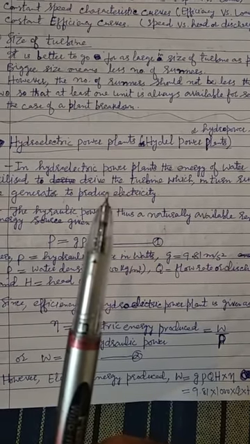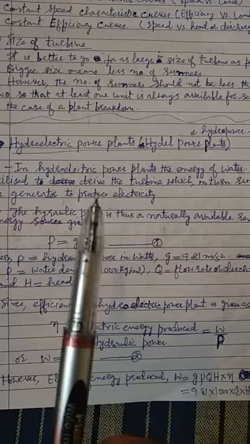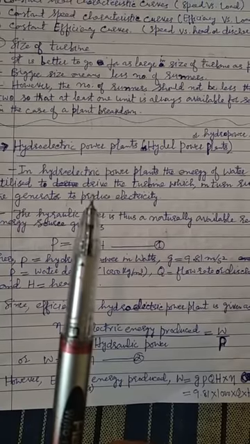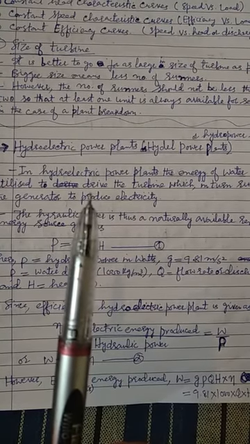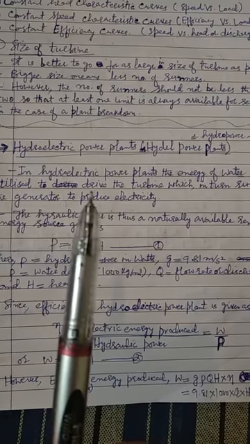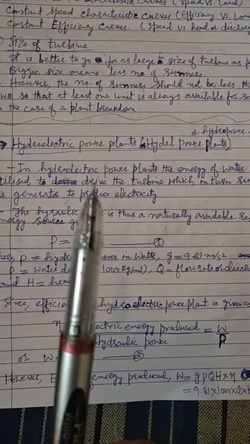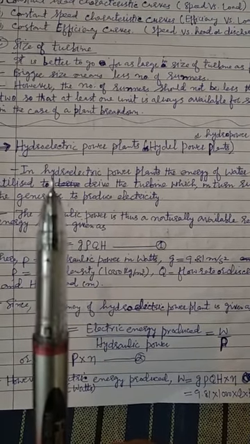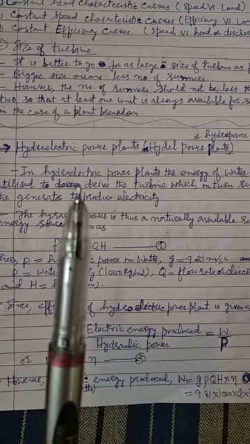Now, what is the principle of operation of hydroelectric plants? You can see that for installing any hydroelectric power plant, we need a dam. We need to construct dams, and the dams are connected with large pipes. They are called penstocks, and then the penstocks are connected through nozzles, and the nozzles are connected with the turbine blades, and the turbine is coupled with the generator. So you can see that the water available in the dam has potential energy.